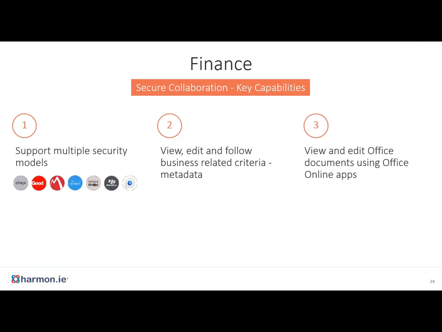So the three things that you want to capture in this application to capture that business value is, one is support multiple security models. So many companies have already invested in mobile device management or MDM solutions, so not to have to depend on a specific one, but to really support anything that's out there so it appeals to as broad an audience as possible. And then to allow people to view, edit, and follow business-related criteria. So be able to focus on documents, find those right documents, search for documents classified using a company's taxonomy. Those types of things are really important